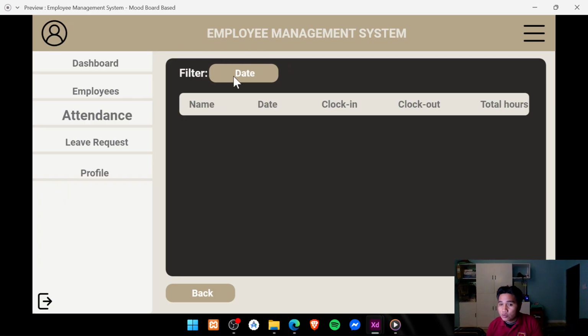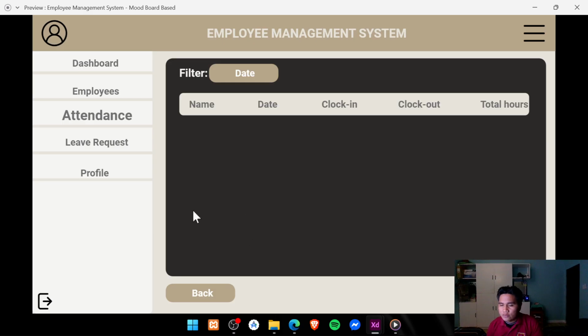I think he wants to filter the date, the clock in, clock out, and the total hours. So what I did, sir, is make a hover which can filter the date, clock in, clock out, and the total hours.